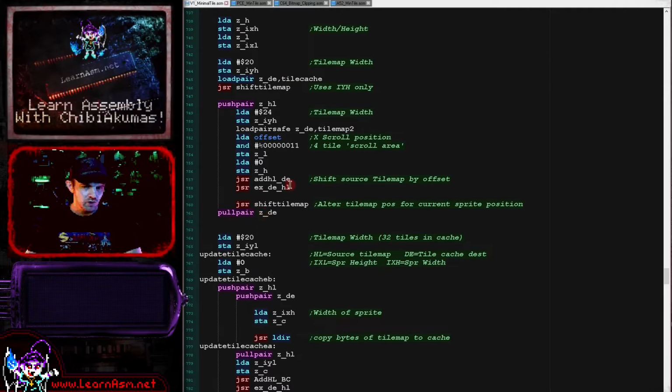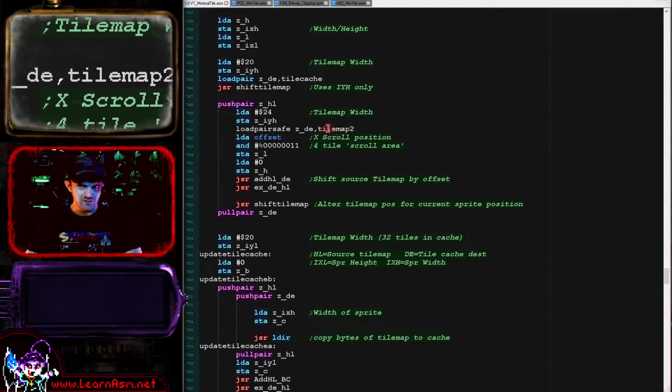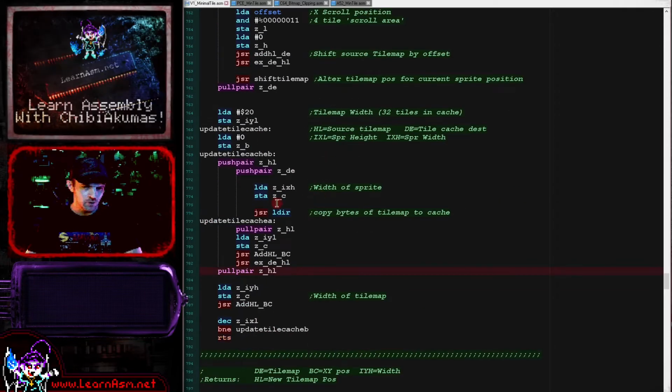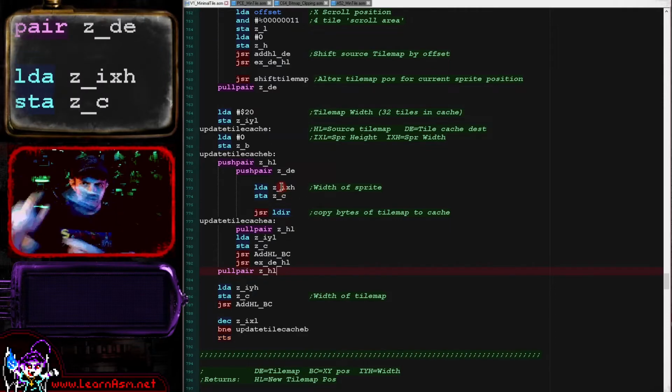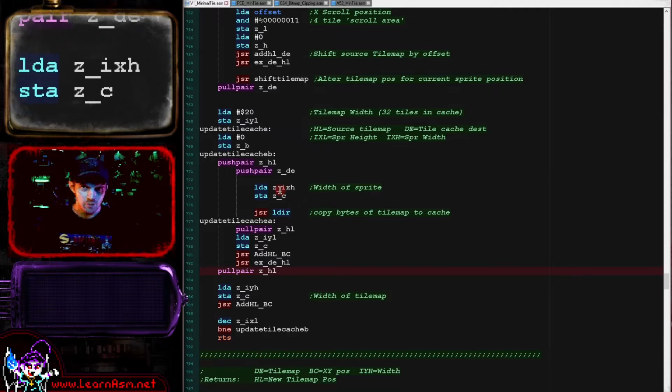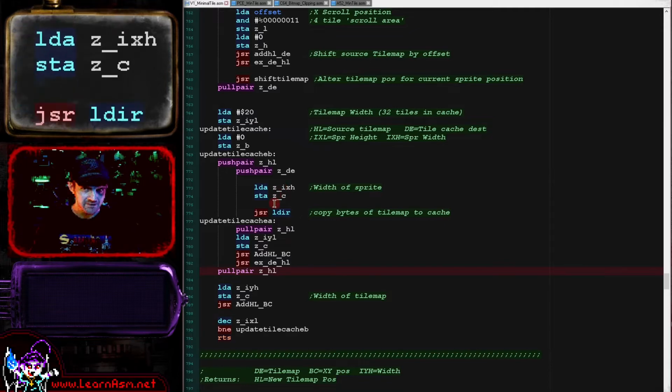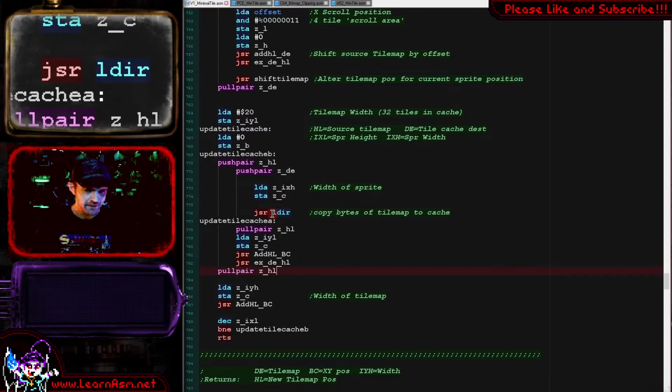HL, the source, is the actual tile map, which is the original data. And so the LDIR here will transfer only the number of bytes that are contained within the sprite. So we're only redrawing the area that the sprite is actually covering. So if it's almost entirely off the screen, we're only going to draw the area on screen, and that is being loaded in. The width here is being loaded in by IXH, and one line is being transferred by the LDIR command there,